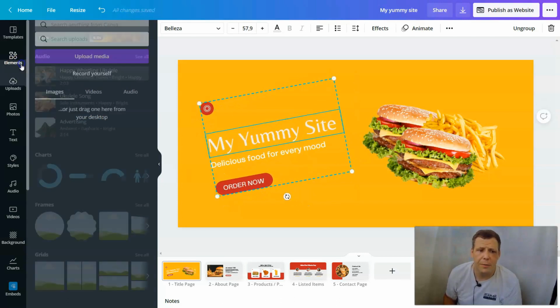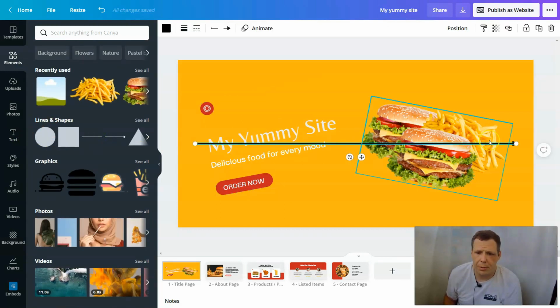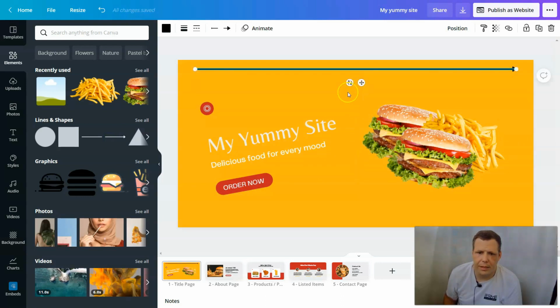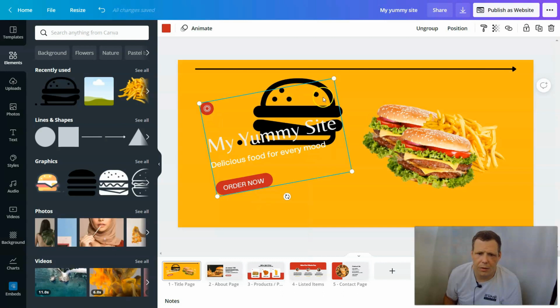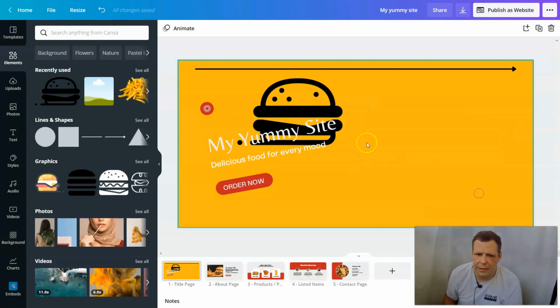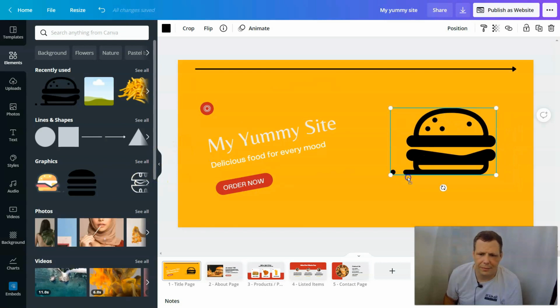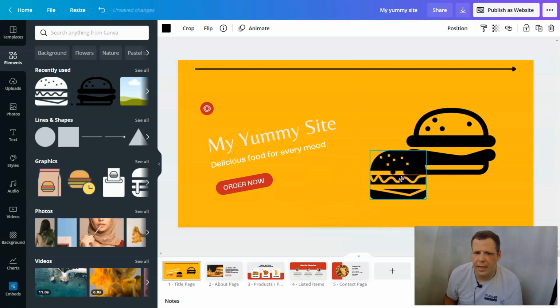So even coming back to elements, right? When we come up, we can choose different lines and shapes to really bring it in, right? So we can move this. So you have many options, right? To do graphics, burger joint here, right? My yummy side. I'm going to bring all of that forward to kind of step over that. And even here too, when I select all of this, I can delete, and I could bring this just over, right? If I want to make it kind of less, how can we say, less